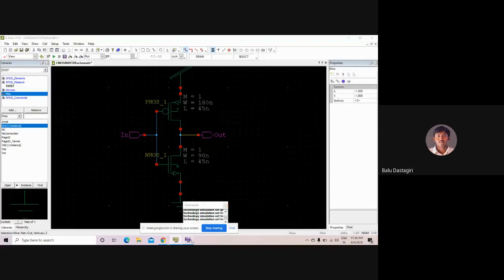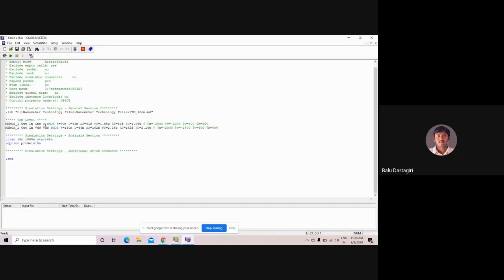NMOS1. Here the length is 45 nanometer and the width is 90 nanometer. The drain of the NMOS is connected to out, the gate is connected to IN, the source is connected to ground, and the substrate is connected to 0.